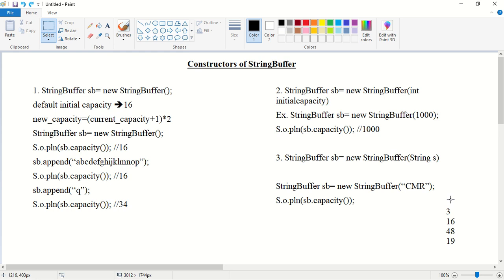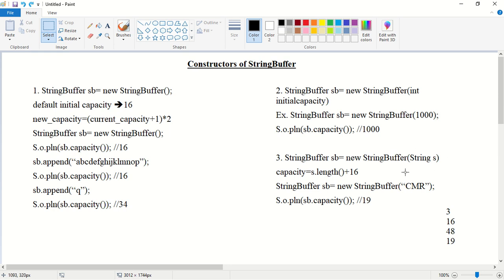Will the capacity of the new string buffer be 3, 16, 48 or 19? It will be 19. So how? The capacity will be s.length() plus 16.